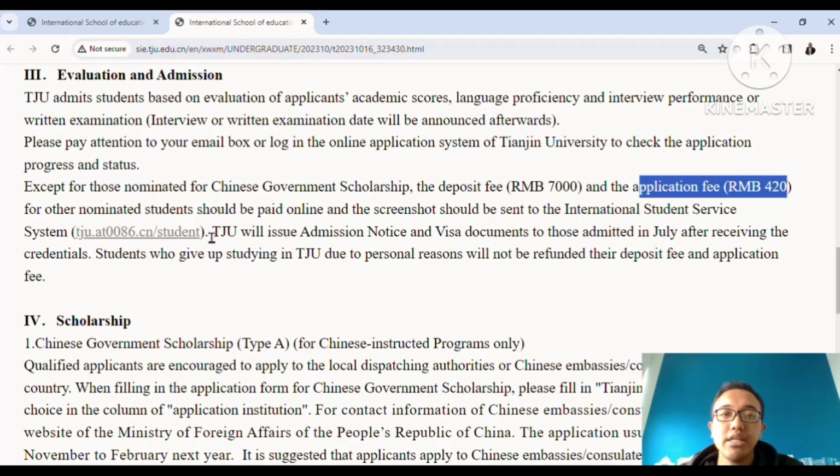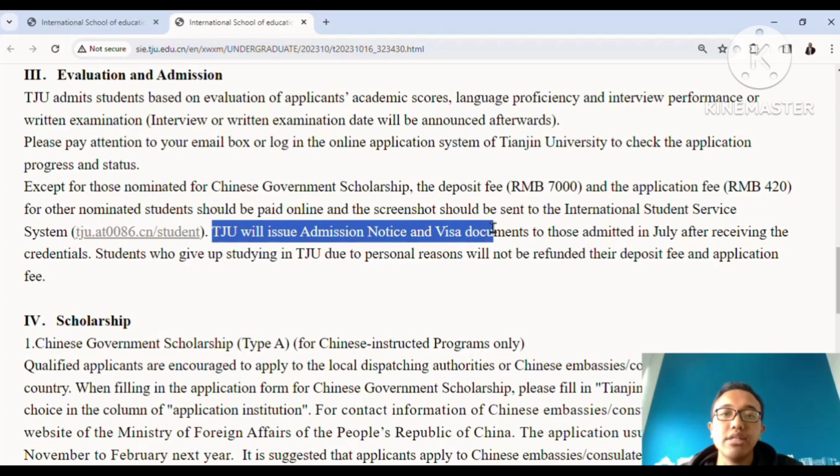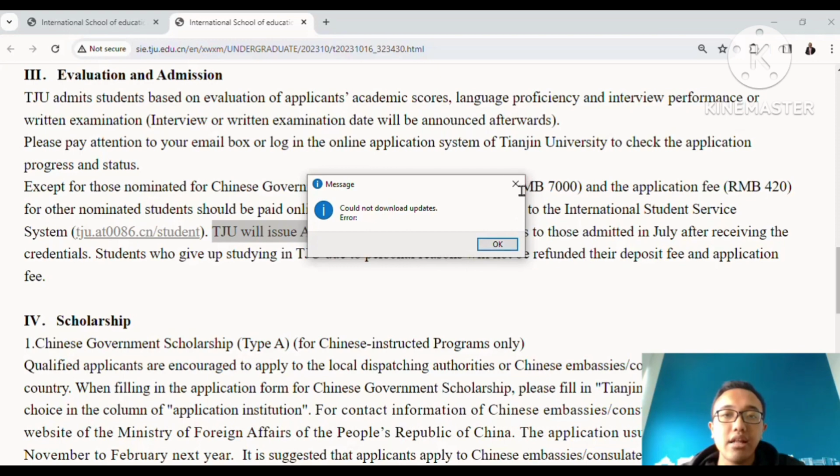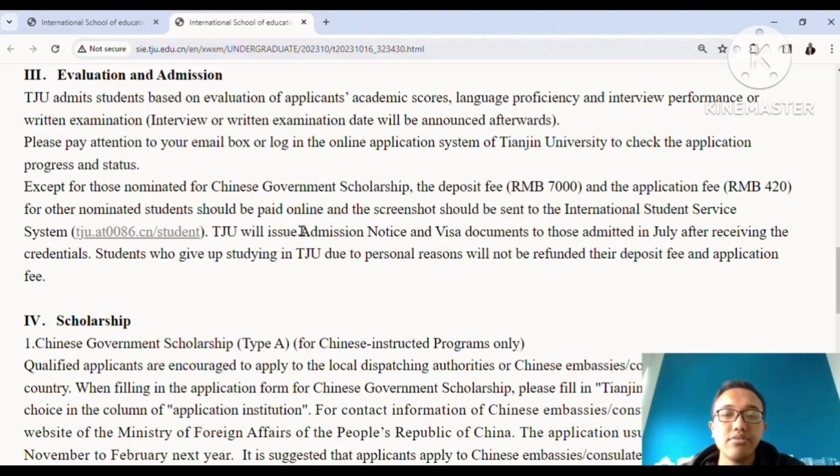And when you are already admitted, Tianjin University will issue the admission notice and visa documents. So you do not need to apply visa now, and you just apply your visa later after you're already admitted, and then Tianjin University will issue the admission notice and also the visa related